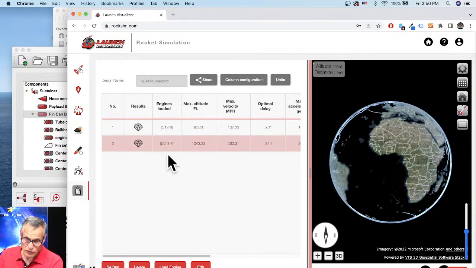So that brings me to the new feature. The new feature is now there's two new buttons down here at the bottom: load engine and then edit the simulation. And load engine and rerun are pretty similar. Rerun